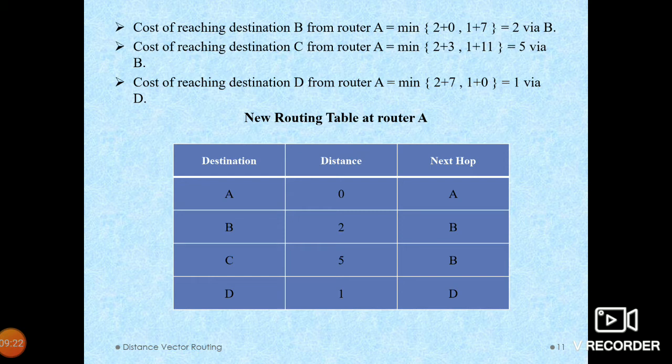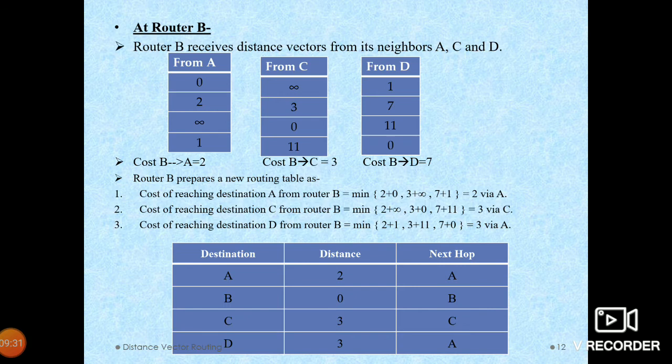We want to update the new routing table at router A. So here A to A is 0, A to B is 2, A to C is 5 and A to D is 1. And now we want to calculate the new routing table at router B. So B has a direct link with A, C and D. So the distances are collected here from A, C and D,